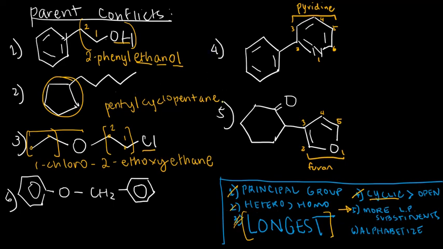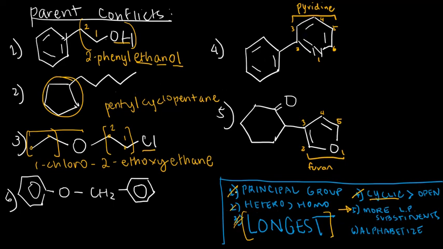For number 4, as well as number 5, notice that we already have heterocycles. Since I haven't discussed heterocycles in detail yet, I already wrote their names as well as their locants so that we will not concentrate on them. I want to concentrate on the parent assignment, okay? So for example, in number 4,